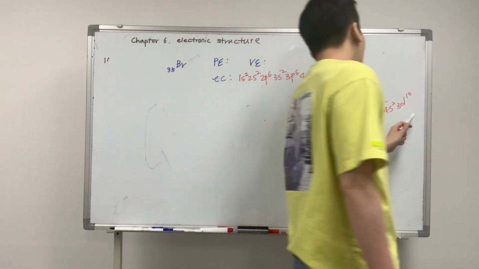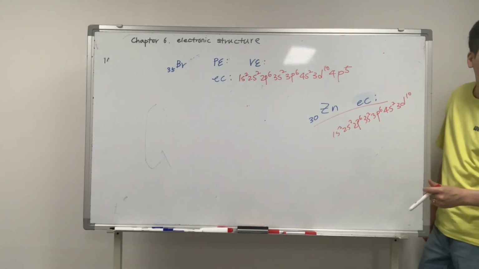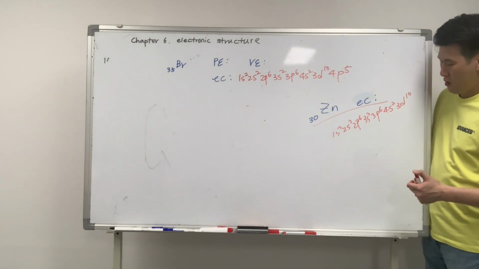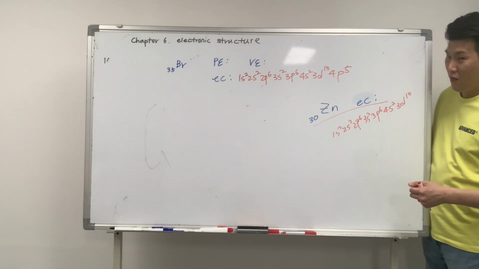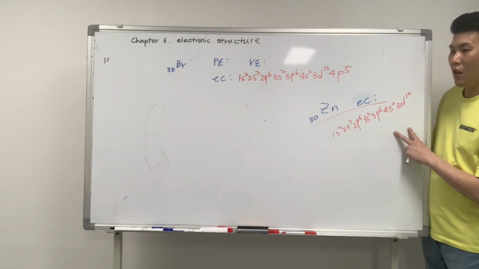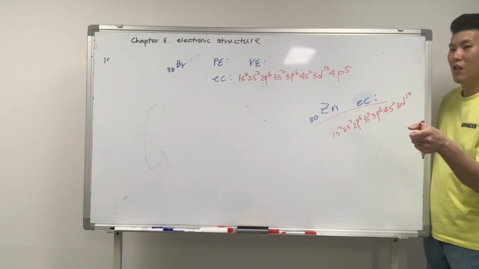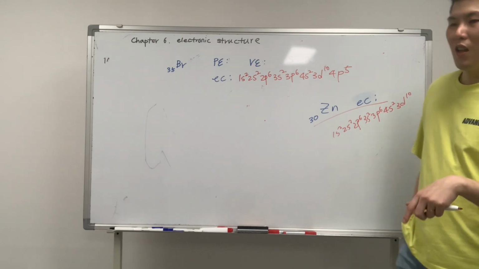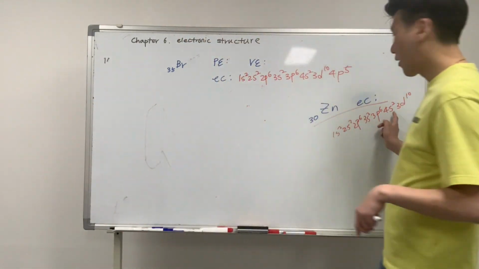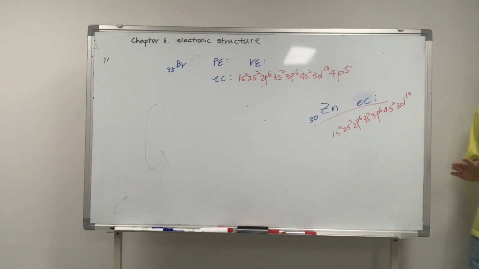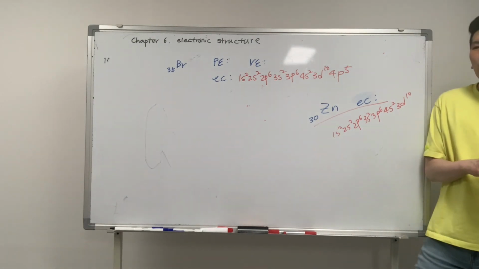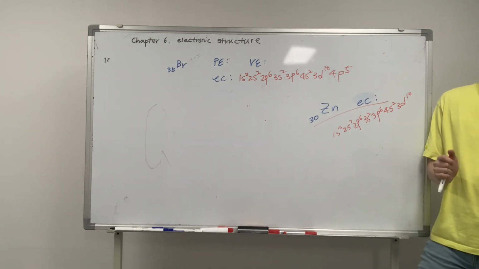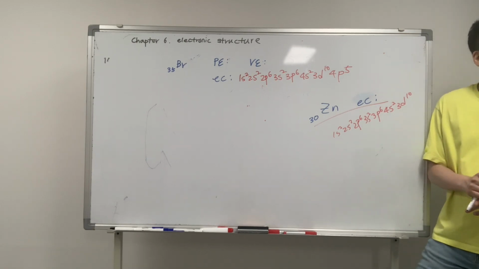Now, why did I tell you to do this? It's not just because I was bored. Here, it's 2, but it's not in the second. That's the principal energy level. Is it in the 4th or 3rd? It's 4. Right, so its principal energy level is 4. There's something that I want to explain. For the past 20 years, this question came out twice in the AP Chem FRQ. Is it hard? No. Okay?